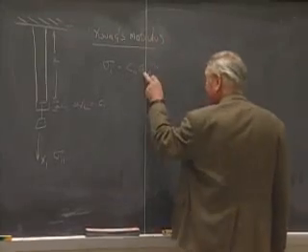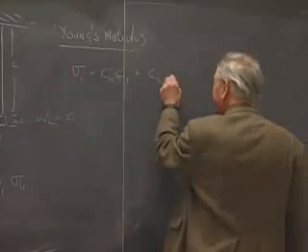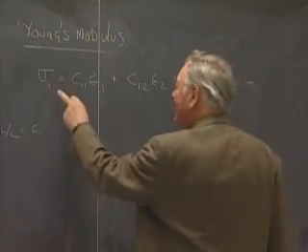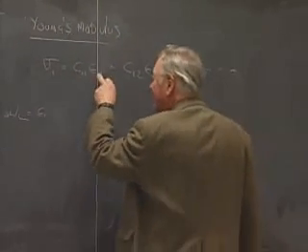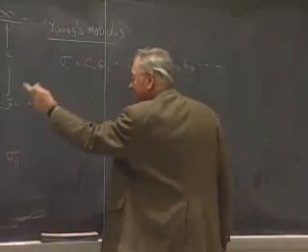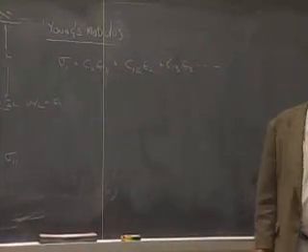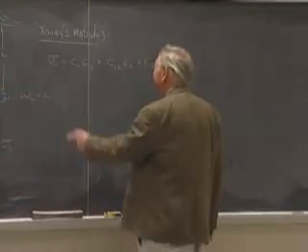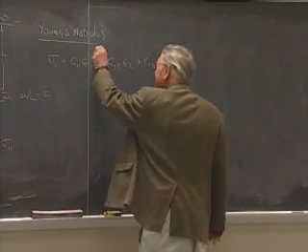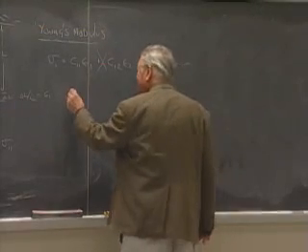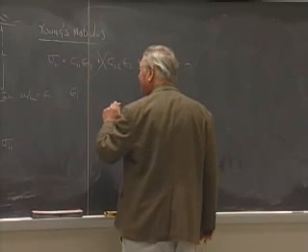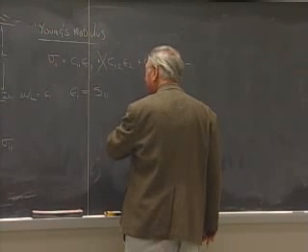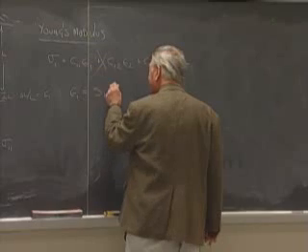Added on to this is not only this term, but there will be a C12 times epsilon 2 plus a C13 times an epsilon 3, and so on. So we're not going to be able to get a nice, tidy relation between the tensile strain that we're measuring and the tensile uniaxial stress that is produced. So the relation of stress in terms of strain that involves the stiffnesses is just not going to work. But if we would instead express epsilon 1 in terms of a compliance, a matrix compliance S11 times sigma 1,